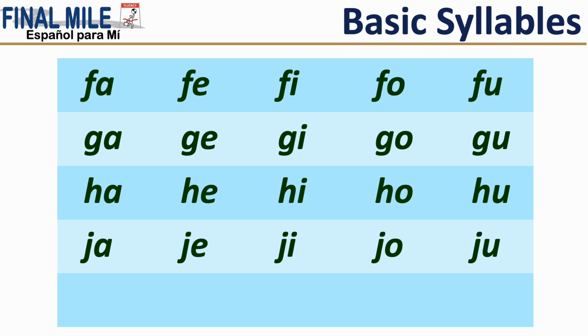Remember the J sound? It's a little bit stronger than the H sound in English. Ha, he, hi, ho, hu. Ka, ke, ki, ko, ku. Even though we only have ki in Spanish letters, the other ones have to be pronounced when we say words